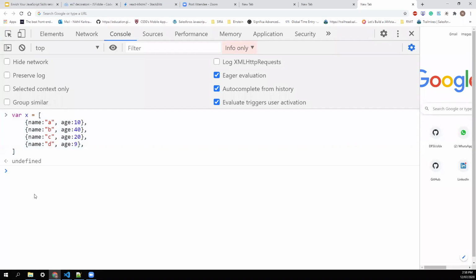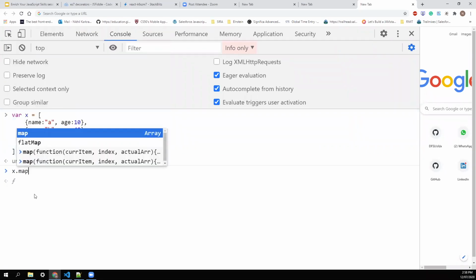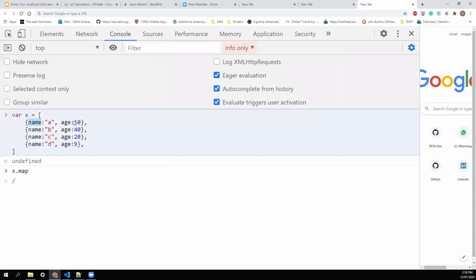I want to run a map operation over it and convert name to a key and age to a value. This is the most common operation whenever you have an array of objects and you want to create a pick list or a combo box, and you want the data in a specific format like key and value or label and value. So the map operation is very handy there.